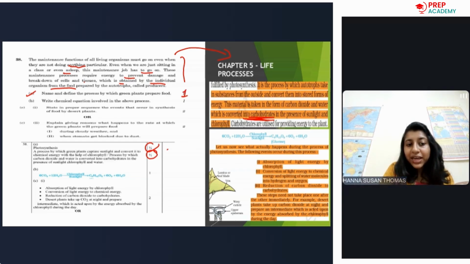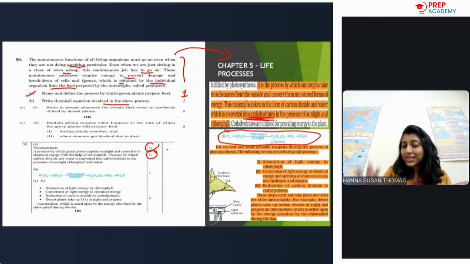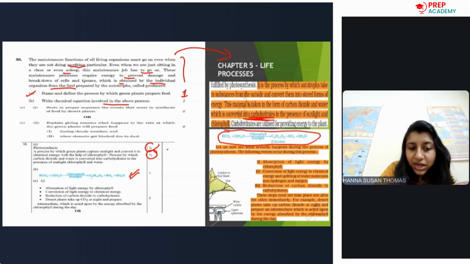Then comes: write the chemical equation involved in the above process. So it's given in this particular screenshot. It's given in your textbook itself. 6CO2 plus 12H2O, with the help of chlorophyll and sunlight, will give you glucose C6H12O6 plus 6O2 plus 6H2O. So if you write this particular equation correctly, you will be awarded 1 mark. Then comes